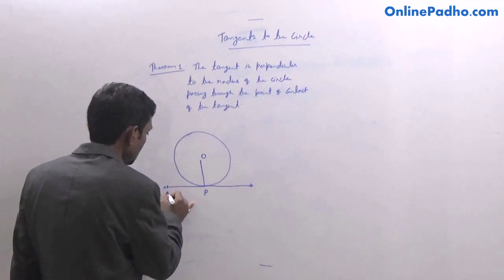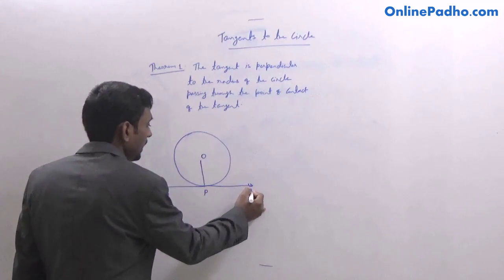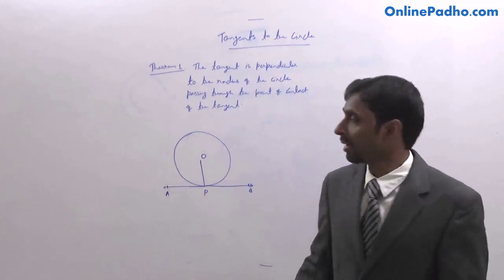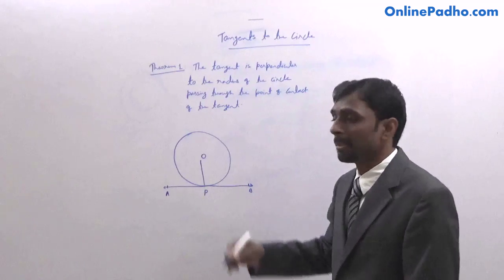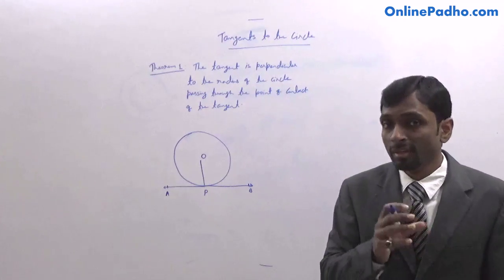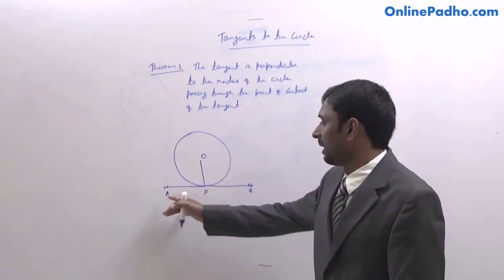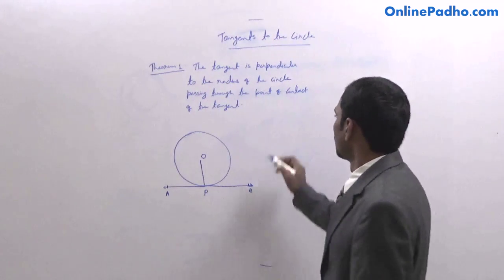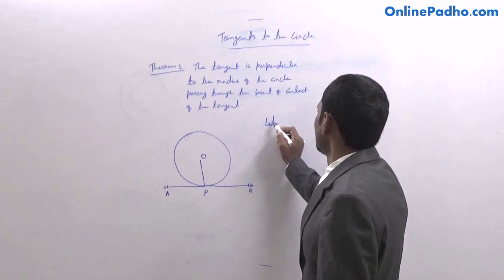Now let's see, AB is a tangent and OP is the radius. Because we are talking about this radius only, which passes through the point of contact. So we need to prove this OP line is perpendicular to AB line, right? Very good. Now we can write this theorem as: